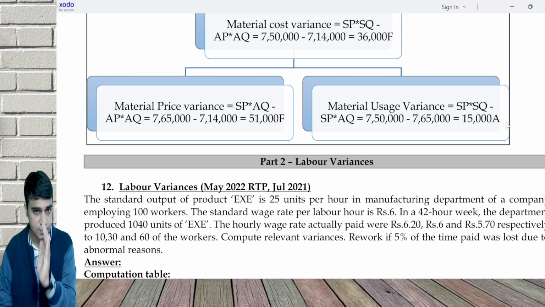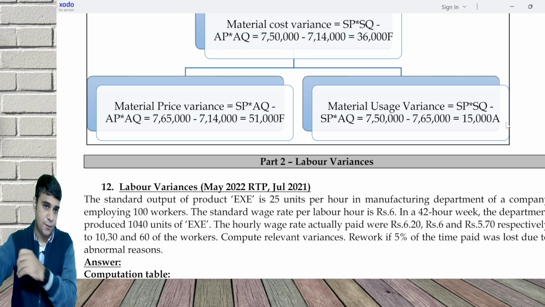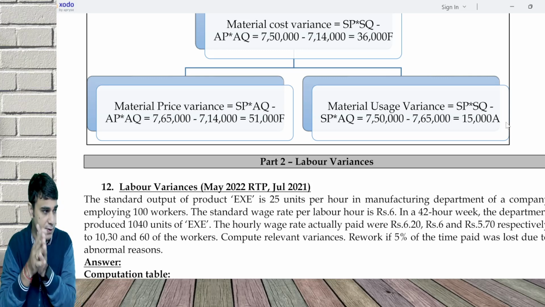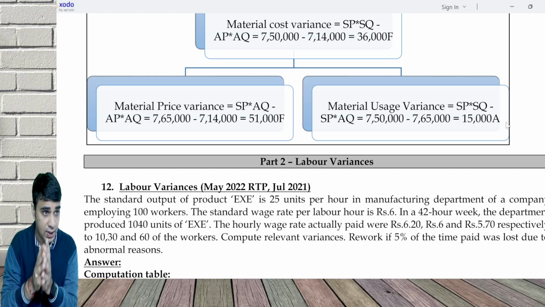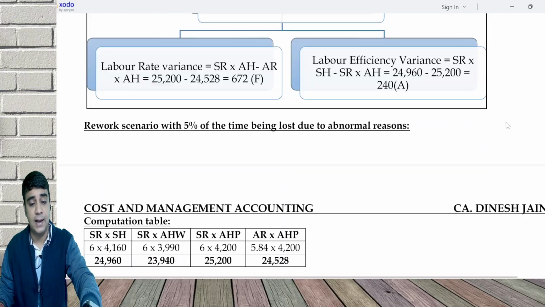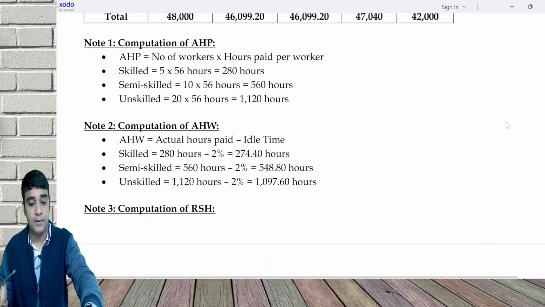Compute relevant variances is part 1 of the question. Rework is part 2 of the question. So we have two types of question. First, there is a single labor, there is multiple labor. Now what is single labor and multiple labor is not about having 100 workers. Single labor and multiple labor is basically like this. You will see problems where they will mention